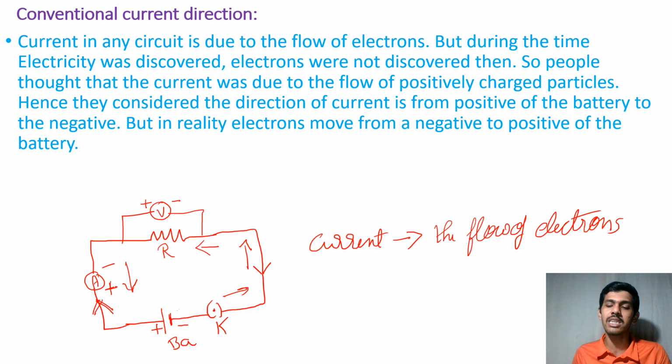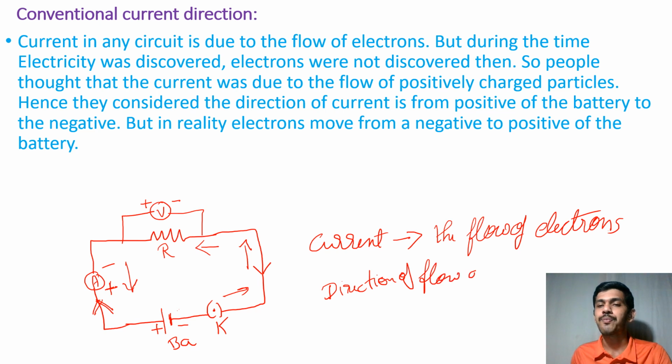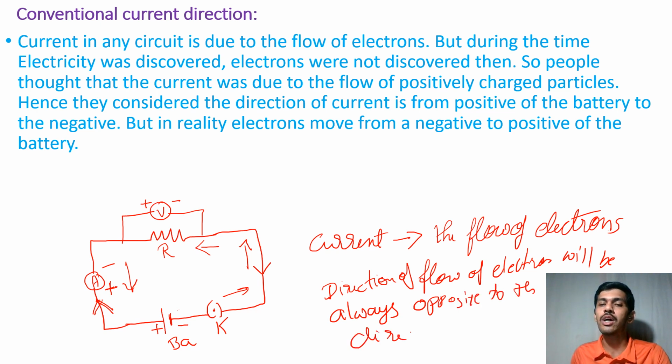They may sometimes ask you what is the direction of flow of electrons. The direction of flow of electrons will always be opposite to the direction of conventional current. That means actually the electrons are flowing from the negative of the battery to the positive of